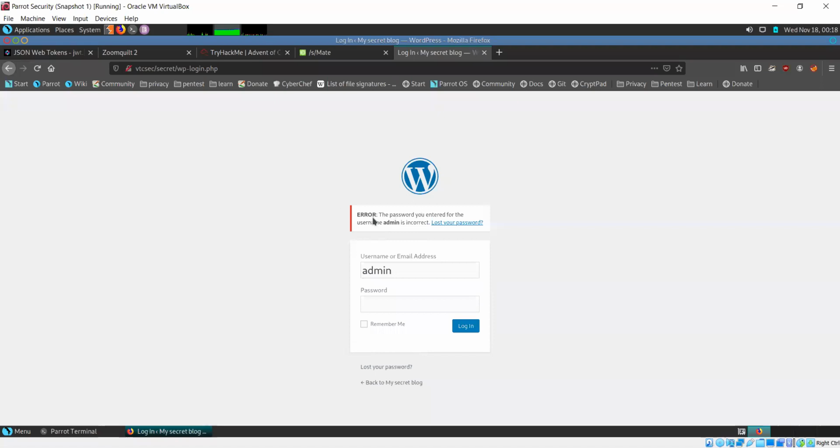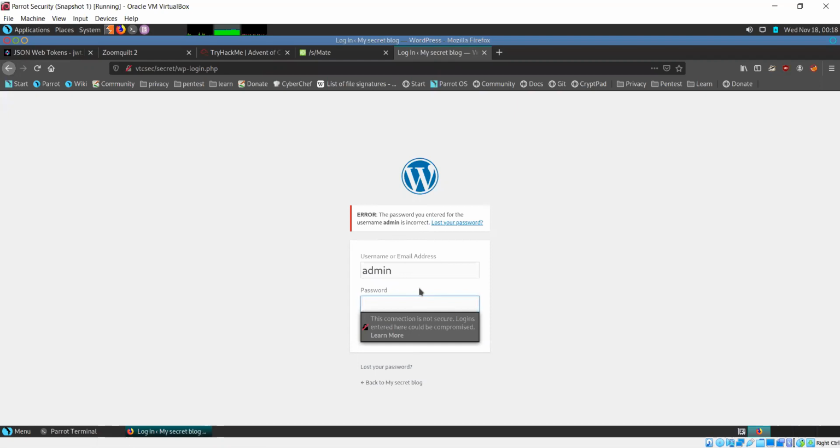So you should always be saying "username or password incorrect," not "password incorrect" or "username incorrect." A message like "password incorrect" is not a good thing, because if we did not know that there is an account by the name of admin, now we know that. From an attacker's point of view, this is a good thing, but from a security point of view, it's a bad thing.